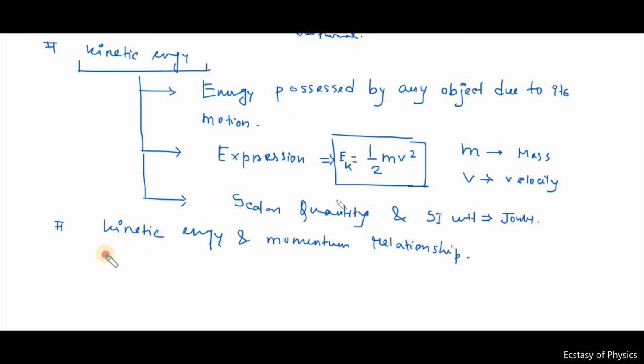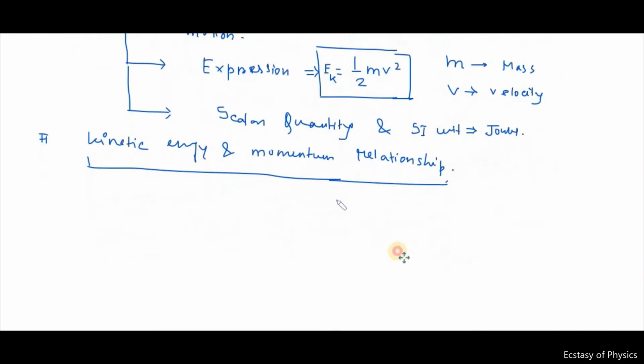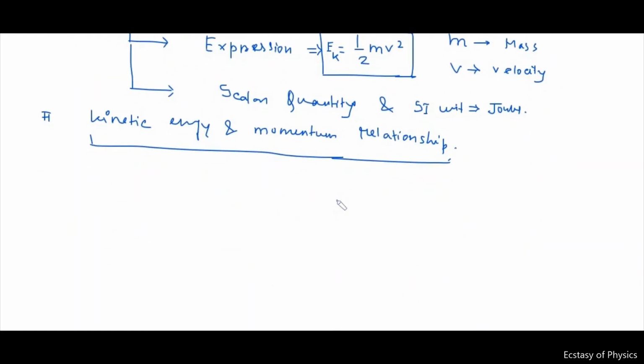This relation is quite useful because most of the time we can quickly switch from one form, the energy equations, to the momentum form. So kinetic energy EK is equal to half into m into v square. Now in this expression, if you multiply m in the numerator and denominator, it is an adjustment I am doing,